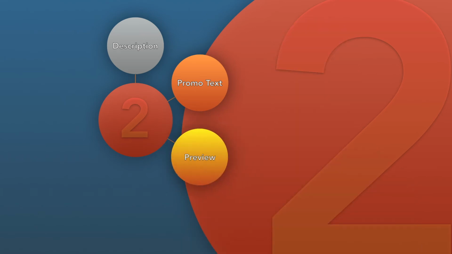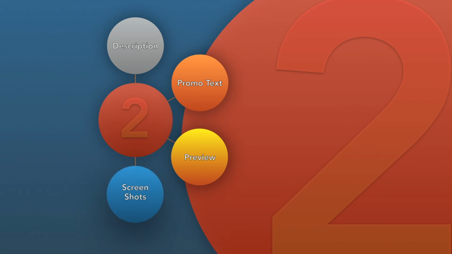3. The preview. An app preview demonstrates the features, functionality, and UI of your app in a short video that users watch directly on the App Store. Previews can be up to 30 seconds long and use footage captured on the device to show the experience of using your app. App previews autoplay with muted audio when users view your product page, so make sure the first few seconds of your video are visually compelling.